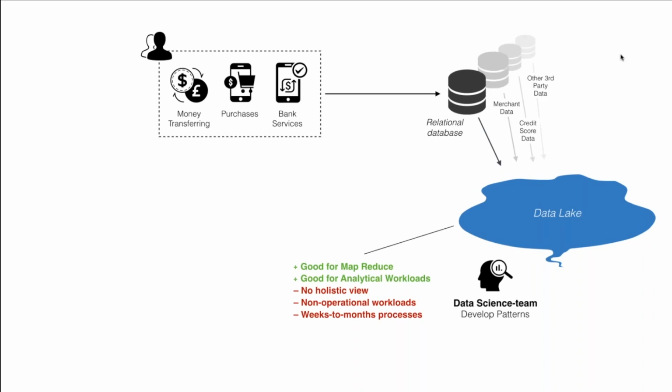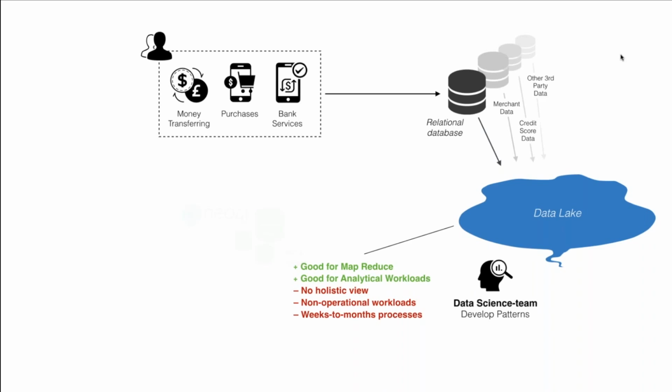But they still don't have a holistic view of the data. They cannot visualize the data. They're not able to make this data operational. So once they find the pattern, they can't really operationalize that right away. This is more sort of done in a batch mode. And it takes weeks and months to do this data processing and crunching to find the patterns and then find all the patterns across the entire data set. So they are more useful, but because of the timeliness of this data and the need to prevent fraud, this